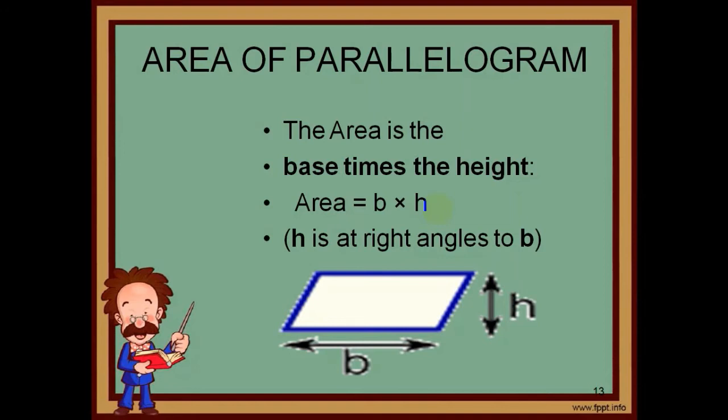In a square, the lengths of all sides are equal and the measure of each angle is equal, which is 90. Similarly, in a rectangle, the lengths of the opposite sides are equal and the measure of each angle is equal, which is 90. And in a parallelogram, the lengths of the opposite sides are equal, opposite sides are parallel, and opposite angles are equal, but it is not necessary that they will be 90 degrees.